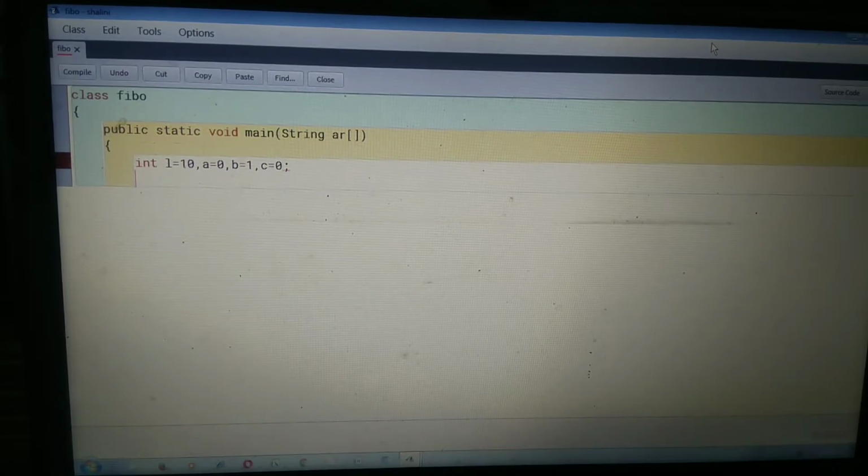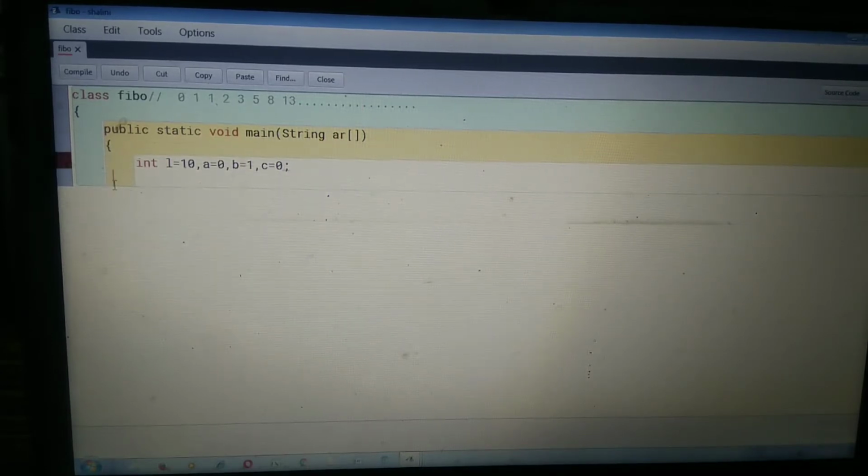After this we need the printing statement, because first of all we want to print the Fibonacci series. Fibonacci series is just like that: 0, 1, 1, then 2, then 3, 3 plus 5 is 5, 5 and 3 is 8, 8 and 5 is 13, like that. Okay, it's a Fibonacci series. So we need to print 0 and 1 as it is. So in A variable we store the 0 and B variable we store the 1.